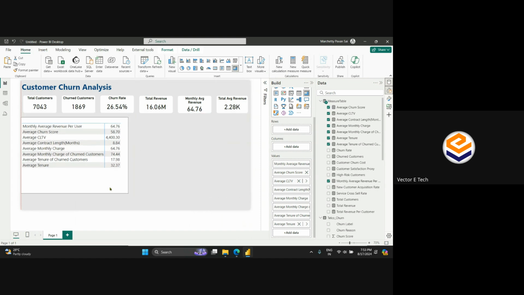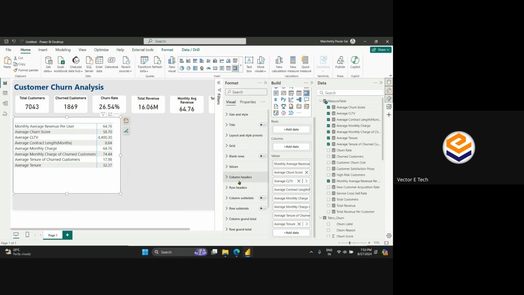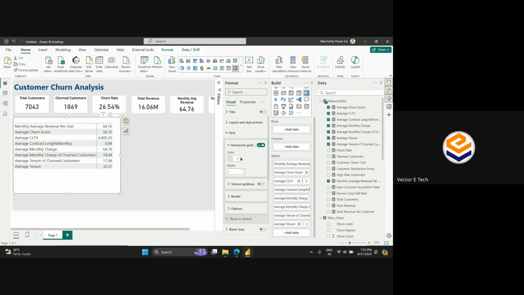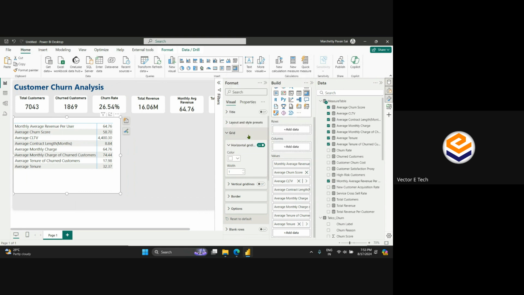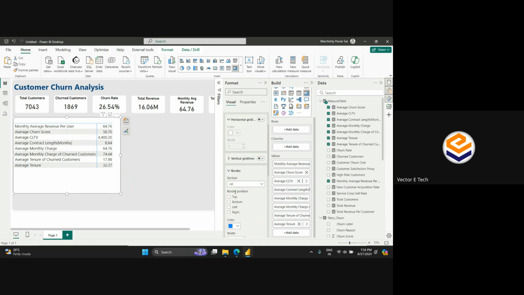Okay, so suppose if you see this, all banded kind of rows are there and these lines are there, right? If you want to format it, you can just click on this particular grid, right? You can turn off the horizontal grid lines. You can just keep it white. Even if you turn it off, click on this border, right? In this, we have by default blue color, right? So what I can do is I can just click on this particular